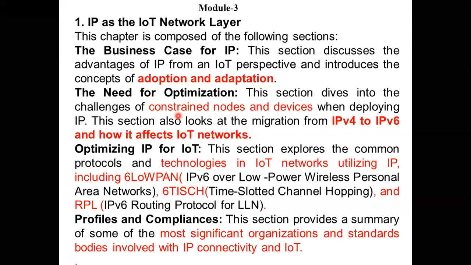We cannot compare constrained nodes with the current scenario. And what is the property of this IP? IP is very bulky. Bulky, what is the meaning? It is a large protocol. It has a lot of lines. Can we imagine that the entire IP code can be executed in a small device, like a sensor? It is impossible. We have to optimize or compact or enhance this current IP, or make it a small one and put it on that device.